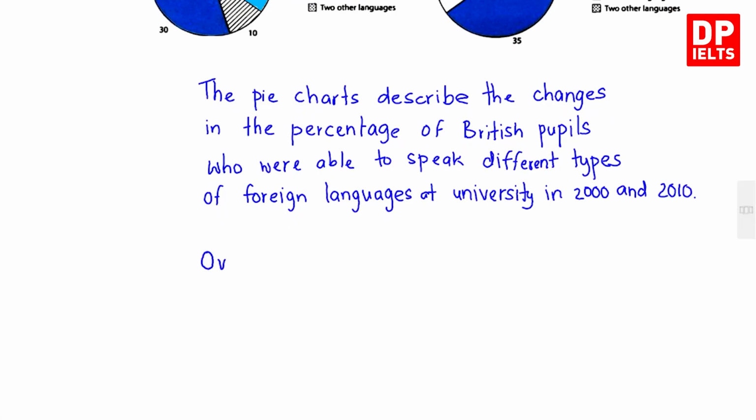So when we write the overall, next para, overall,